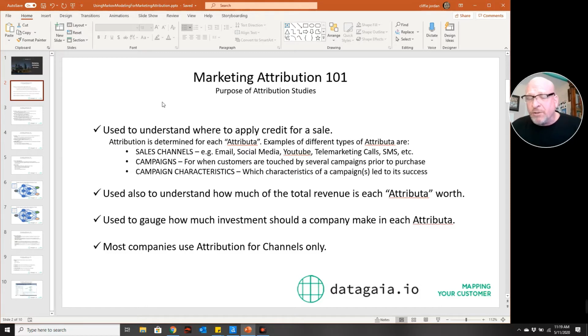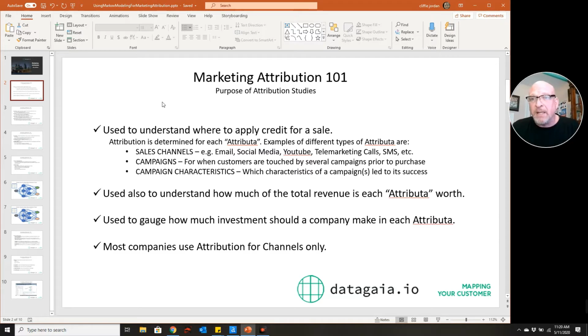What is marketing attribution? Well, if you have a company, you have a service and a product that you're selling, you have customers that are buying that service and product, you are more than likely marketing to your customers, and you're probably using many different marketing channels to do that. You may be using email, SMS, telemarketing, you might be using social media, maybe YouTube, perhaps you're using television, maybe you're using radio ads, maybe you're using billboards on the road. All of these are ways to touch your customers and let them see your brand, let them see your service